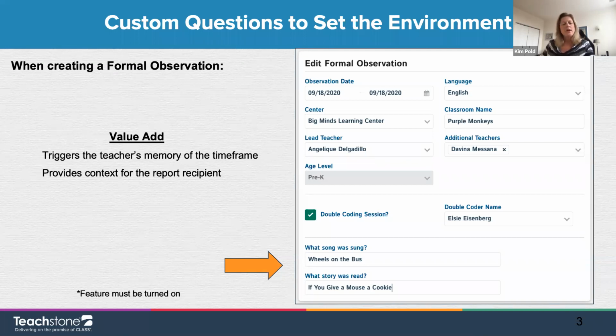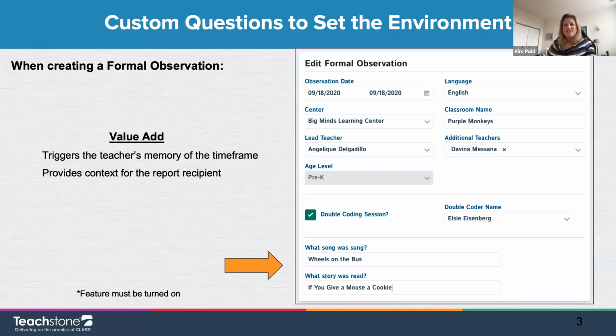And I do want to point everyone's direction down to where it says that this feature must be turned on. And you'll see that on many of the slides today. And what we mean by that is that these are all new features that are very much autonomous to the program or the agency. So if you are thinking, well, I'm not sure if my admin has this feature or has turned it on, that's something that you'll want to talk about with the admin prior to the observation, because these are all features that can be turned on or off.